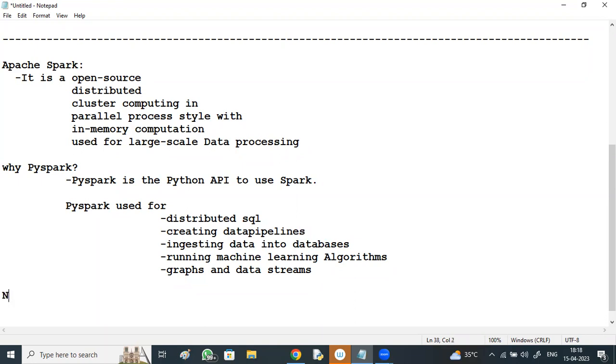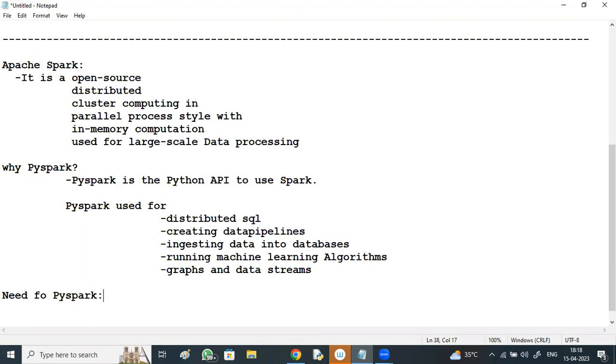What is the need for PySpark? Today, everywhere huge data is getting generated, through offline or online, both. This data contains hidden patterns, unknown correlations, market trends, customer preferences, and other useful business information.